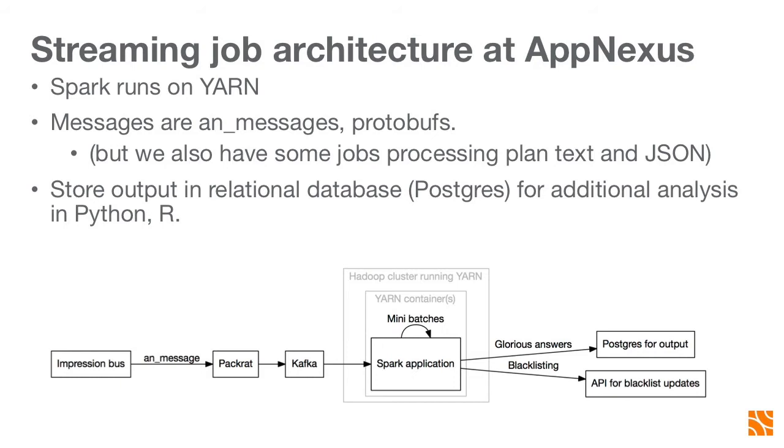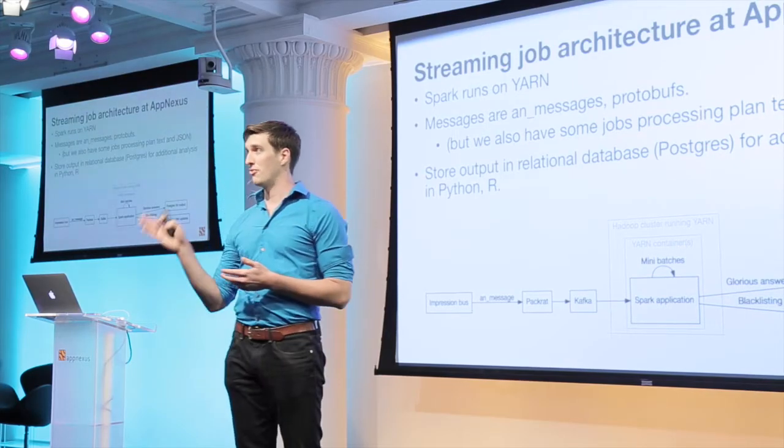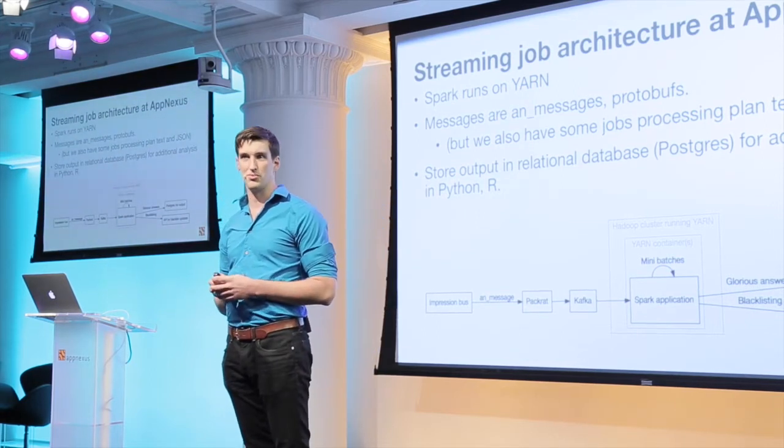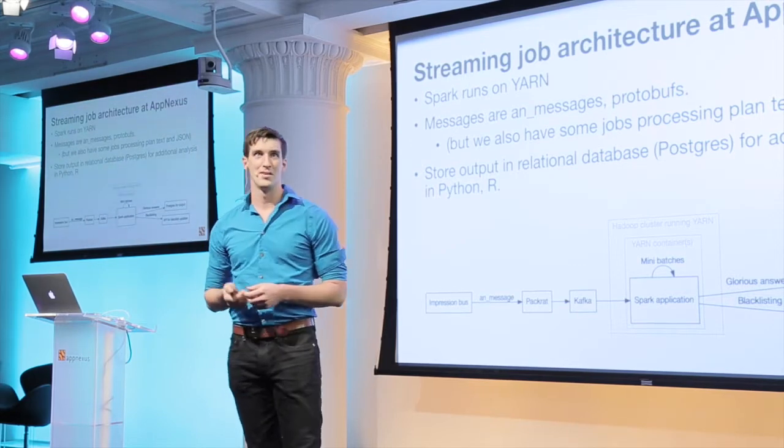So what happens is we run our Spark job on a Hadoop cluster that's running Yarn, and the Spark application is just sitting there. It does its thing. It churns every certain set period of time, and we consume records from Kafka, and we do things to them, and we send them out to either Postgres for storing the answers for further analysis or use, or to take action on them by making changes to an API. So basically, everything on the left side of this figure, I don't really have to worry about. It's all there. It's really fantastic. So I'm everything from the Spark application over. As data scientists, we're really very happy about this stuff.